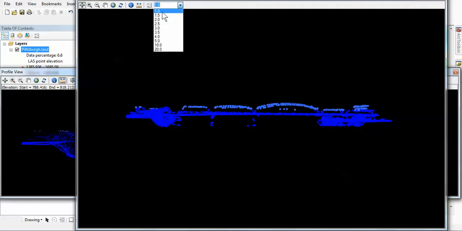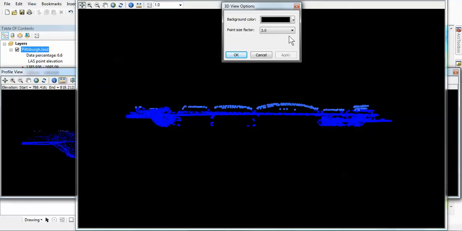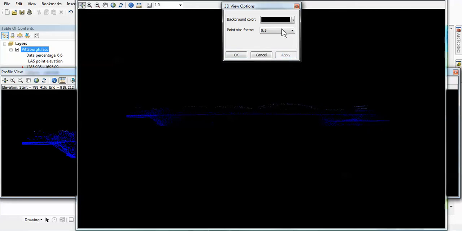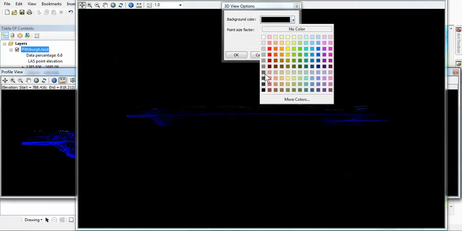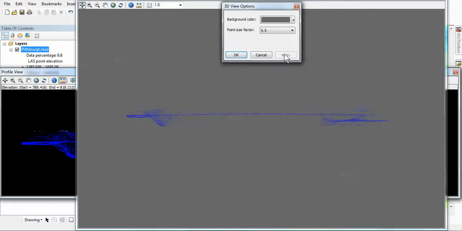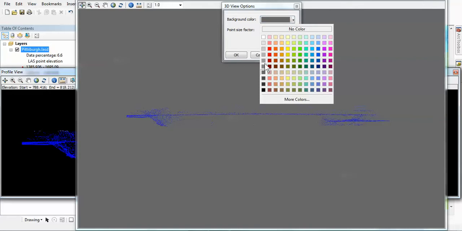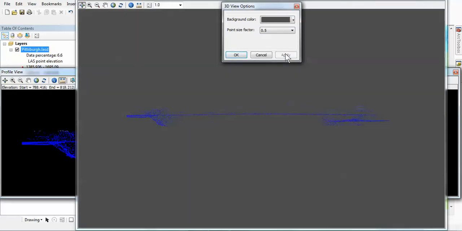Okay, so again, we're going to go back to our standard size dots. Oops, grabbed the wrong one there. Our standard size dots, and in fact, I'm going to make them a little bit finer than the standard one. Then I'm going to change my background color. Sometimes it's appropriate to have something a little different. So for example, there's our gray background versus our, and I'm going to make that a little bit darker. I don't want quite black. But again, in this case, now I'm going to rotate through. Certain colors work better on certain backgrounds. Okay, so again, that is our